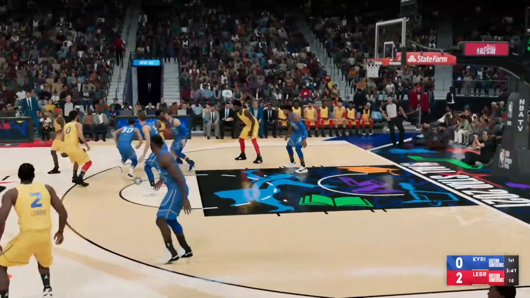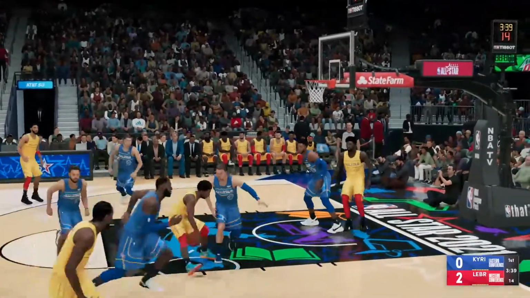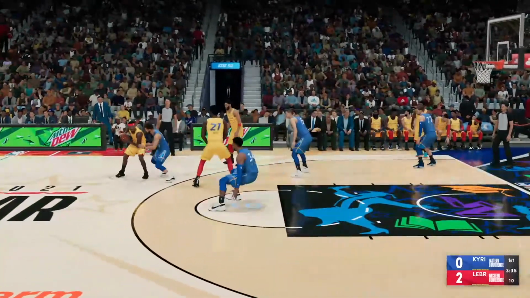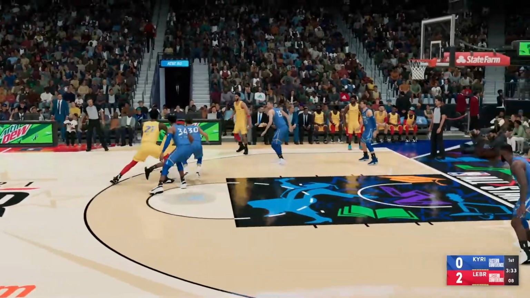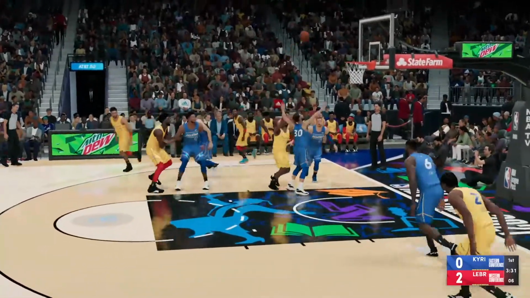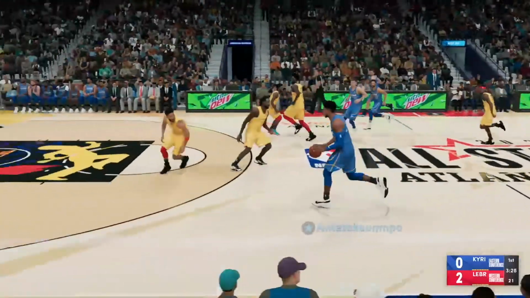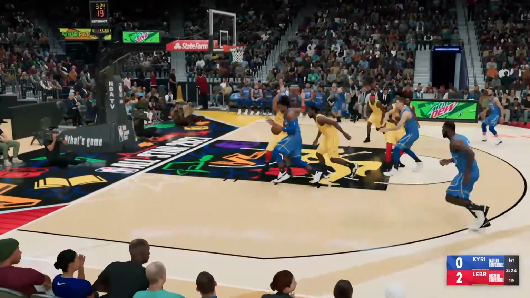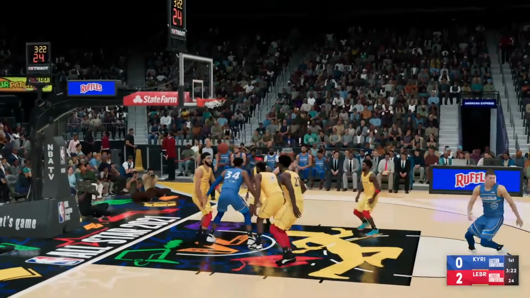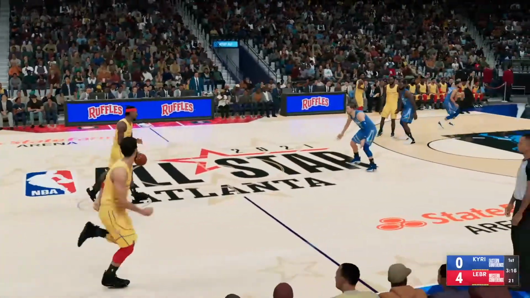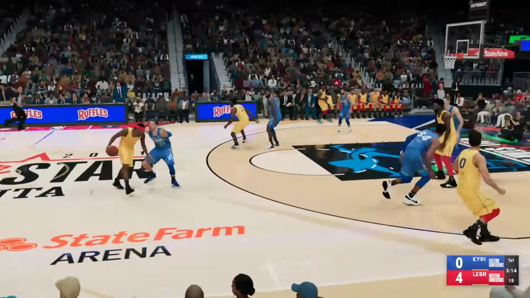Tatum looking around. Outside for Beal. Embiid sets the pick for Beal. That shot is off. Great tee that time from Curry. Here's Giannis. Jokic trying to free himself up. And Giannis with the basket on the assist by LeBron. And with Giannis, a little power goes a long way, getting him past the contact and to a shot.